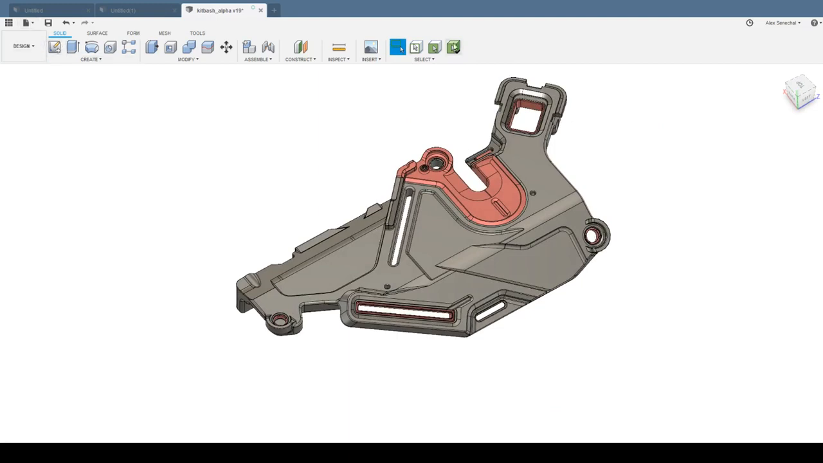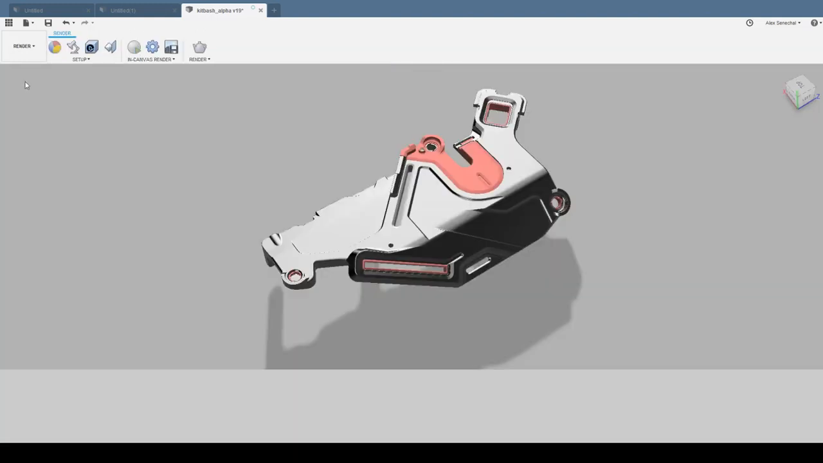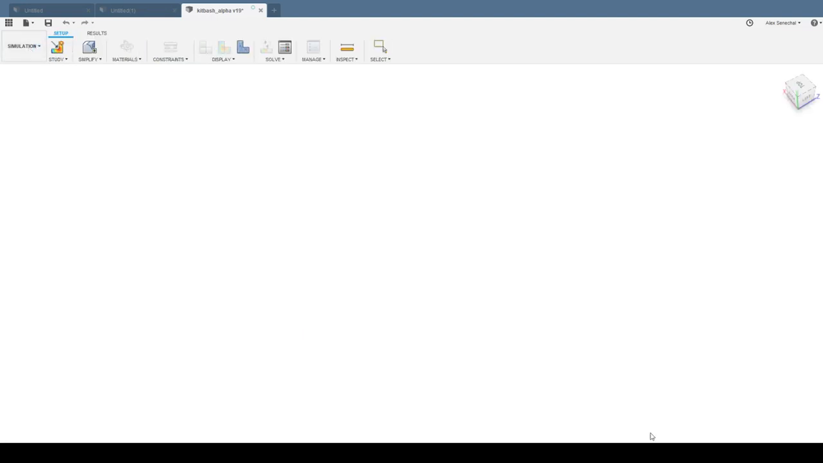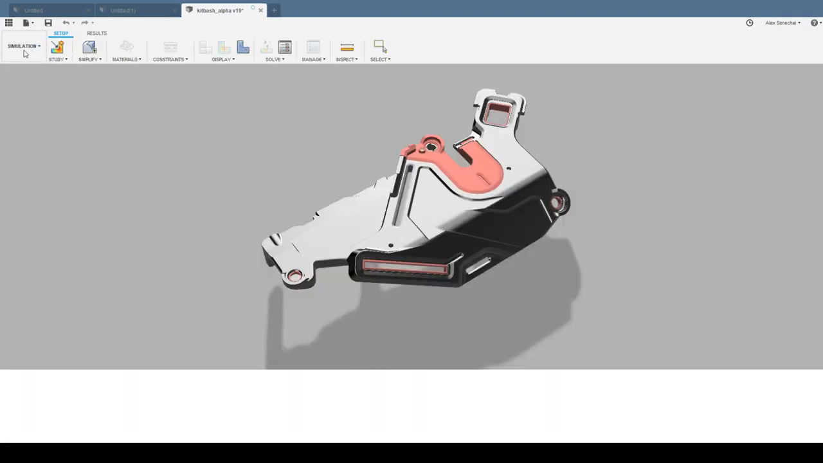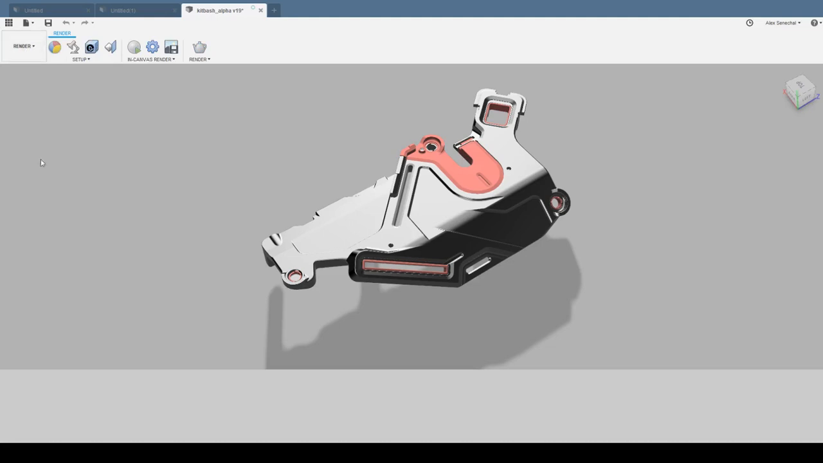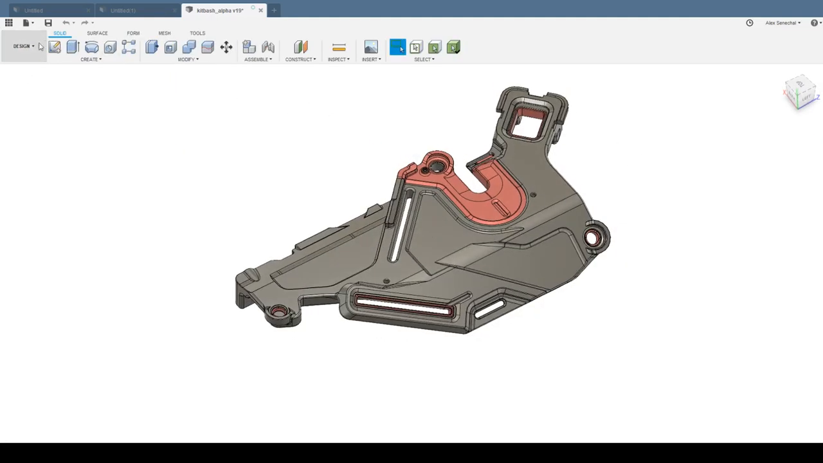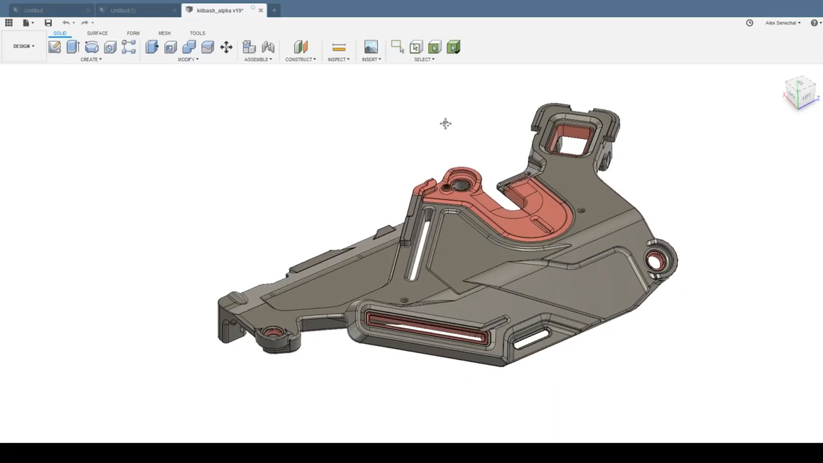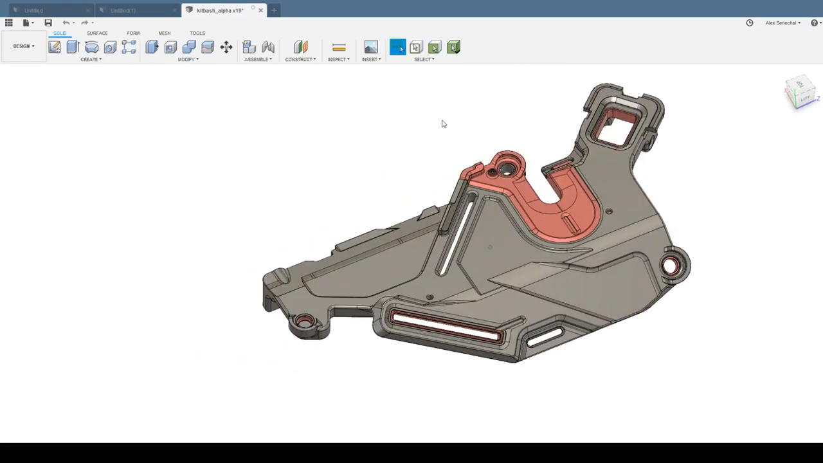So we have the interface here. It's really straightforward. We have different tabs. So for example, we have a render tab, an animation tab, a simulation tab, as well as a manufacture and drawing tabs. So we're going to be mostly just talking about the design tab, and we might touch the render tab in this video. But I really just want to cover a lot of the most important and basic things that you